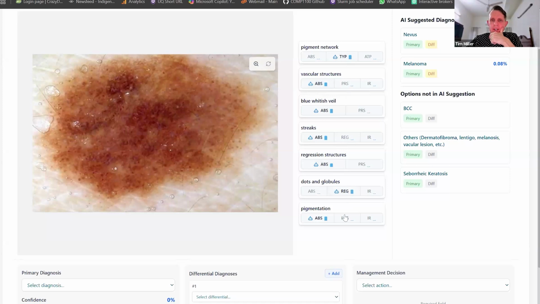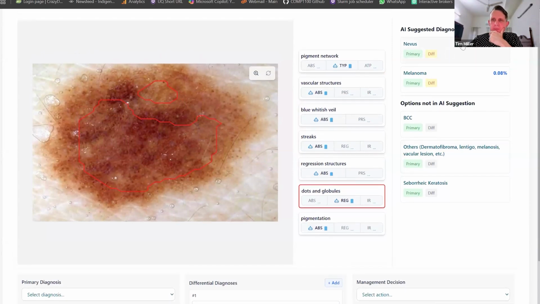And so it's identified these diagnostic criteria from these images, and we can click on it. I don't know how well you can see that because the line is almost the same color, but you can see here, this is what it thinks is the pigmented network. This one's absent, so it's not highlighting anything, but it's highlighted some dots and globules, probably not really well, actually. That doesn't look like a good segmentation here. And then it gives you a probability of whether this is a nevus or a melanoma, so benign or cancerous.